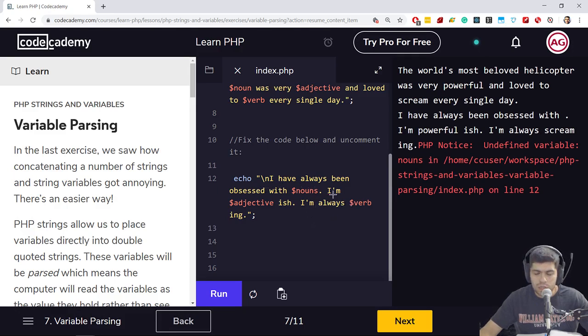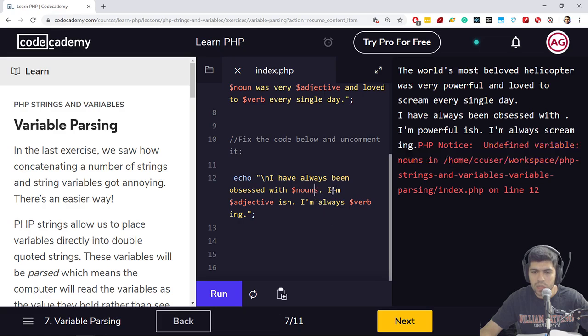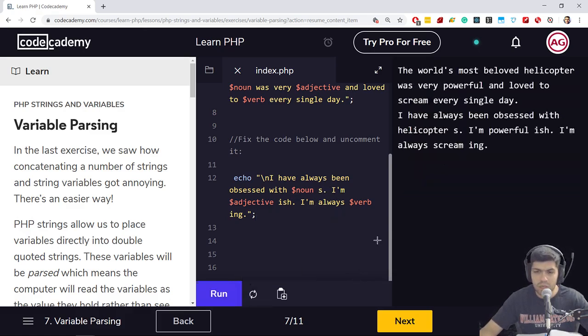Okay, so that does error out. Wait, what is the undefined variable? Undefined variable now. Okay, I guess that's why they do that. If you just put the space, it still runs, but it's a little